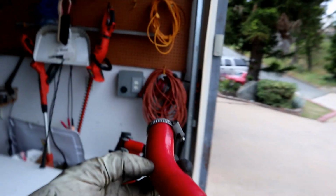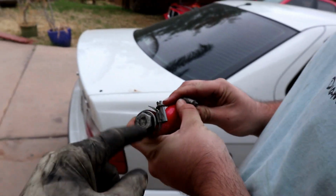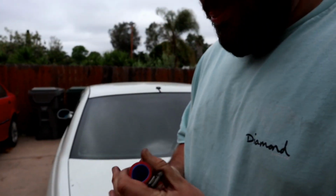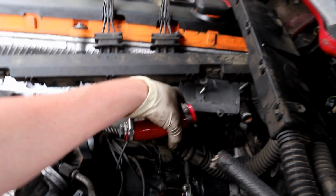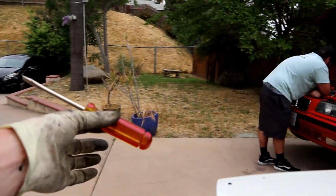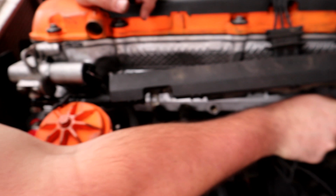Alright, so for that rear heater core fitting, this is our solution. It's a little piece of the hose from the E30. We put a Vanos plug in it, so that goes on the front of the Vanos unit. We tied it off with a hose clamp. Is that gonna be big enough? Well, tighten that boy down. Alright, so at this point, all we need to plug is that hole right there, and then our cooling system